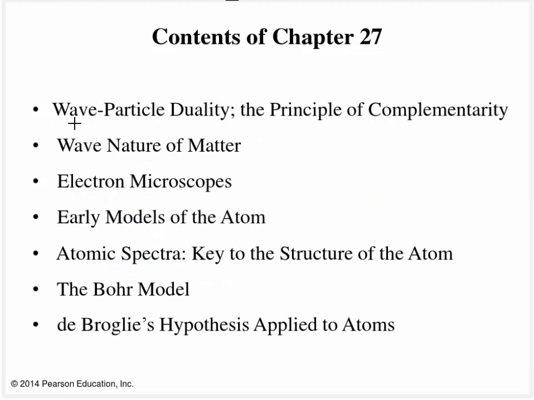Then we'll continue by talking a little bit more about the wave nature of light, but also the particle nature of light. So having both wave-like and particle-like properties is called wave-particle duality. And it turns out that matter can also have some wave nature associated with that. Not going to mention electron microscopes. Talk about some early models of the atom. Very important here is going to be atomic spectra and the Bohr model, as well as de Broglie's hypothesis applied